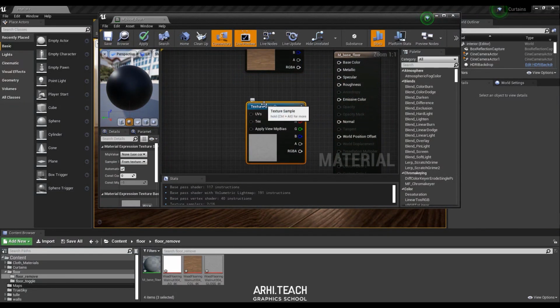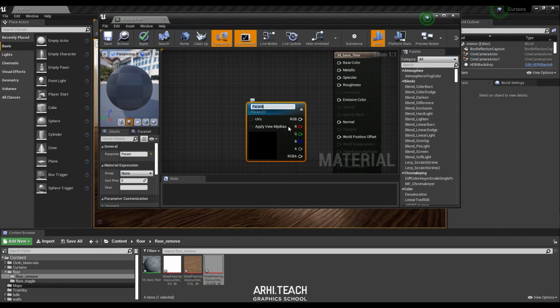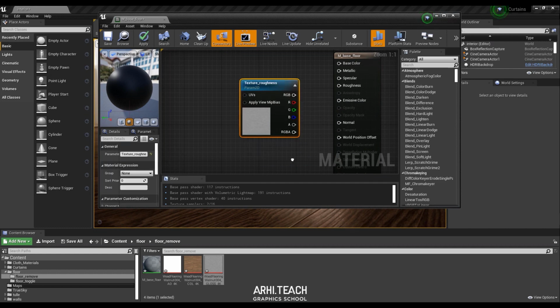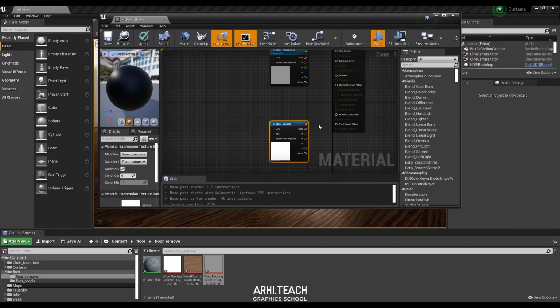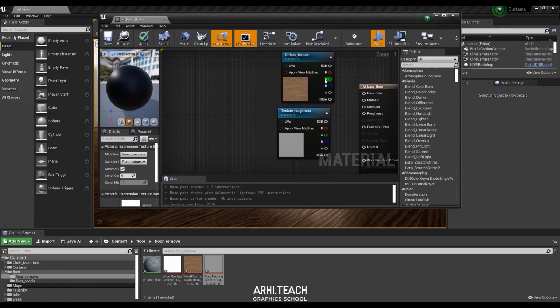Next, we have glossiness. We immediately sign that we will have it. Yes, first, we are converting to a parameter. And I'm wondering why it doesn't convert to a parameter. So, first we convert to a parameter, and that will be texture roughness. Okay, done. We'll come back to this texture later. We need it. Not texture sample, but to convert from a conventional diffuse map to a normal bump, we need a certain node. But I'll come back to this later, so as not to interrupt my explanation.